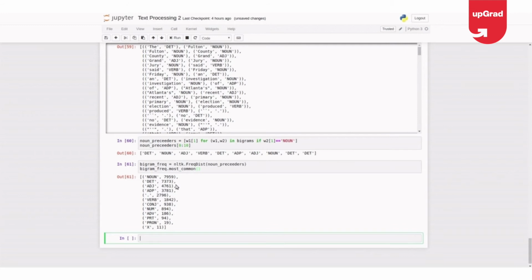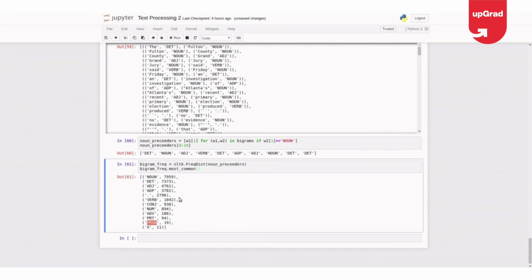So in the news articles, most of the nouns are also preceded by nouns. Just like I was saying the example, right? South Africa. So South also is a noun and Africa also a noun. So noun is also preceding by noun. That's why most of the counts are nouns. It's an assumption again, and the second thing is determiners. So most of the determiners are preceding by nouns. Okay, and the least is X, and the second least is pronoun.